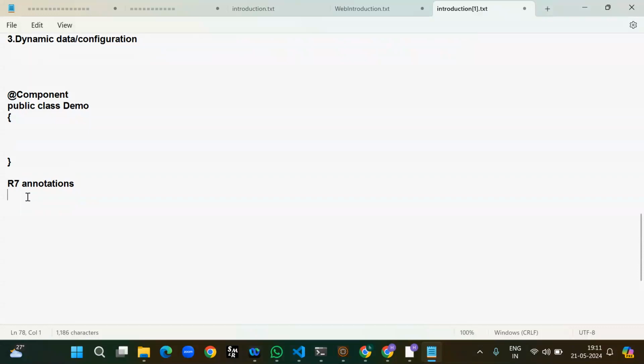We can call them OSGi annotations. Okay, what are the OSGi annotations? In an interview, the regular question they will ask is, can you please explain the OSGi annotations? In the OSGi annotations, the basic annotations are: the first annotation is @Component,